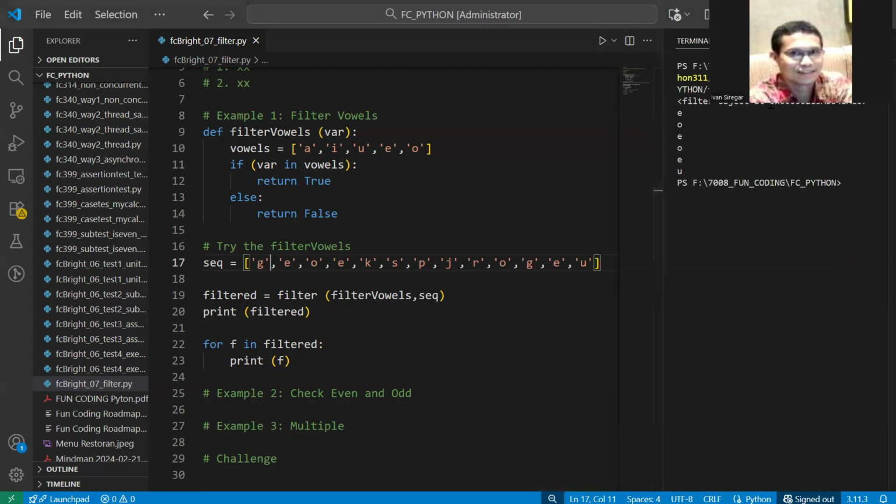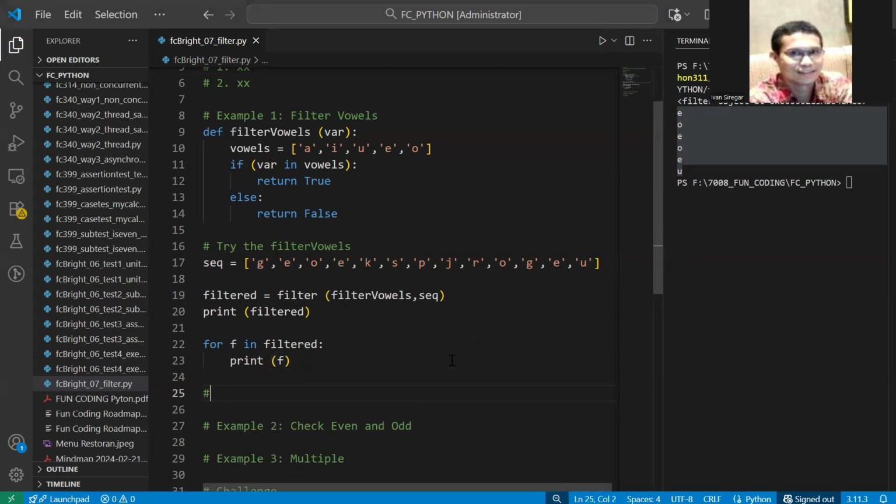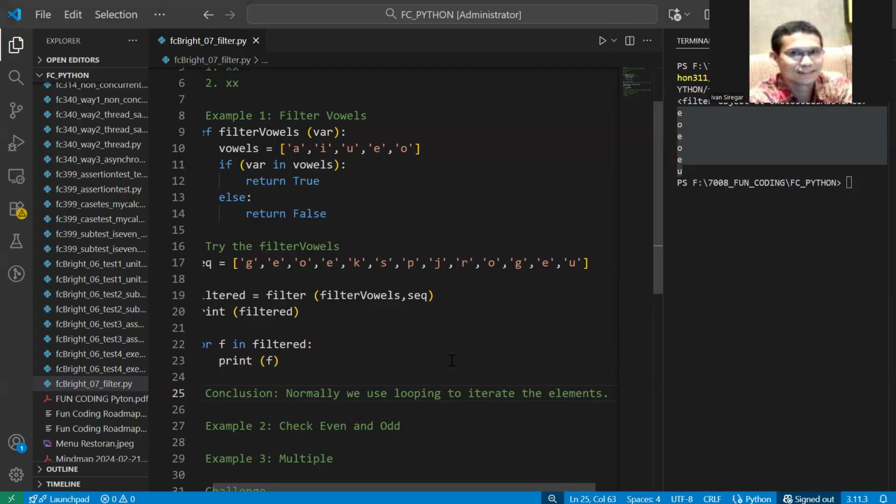And finally, I have this. Okay, so what's so special with this? So this is special, the conclusion. Normally we use looping to iterate the members, the elements.